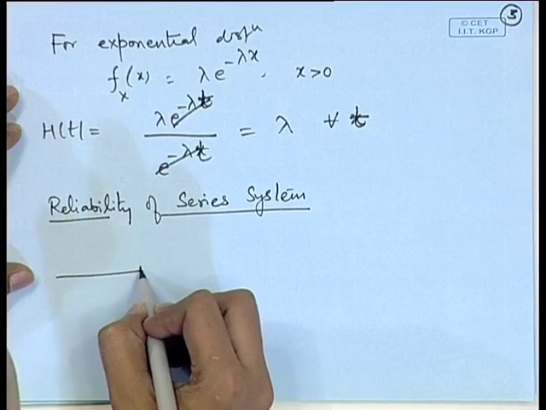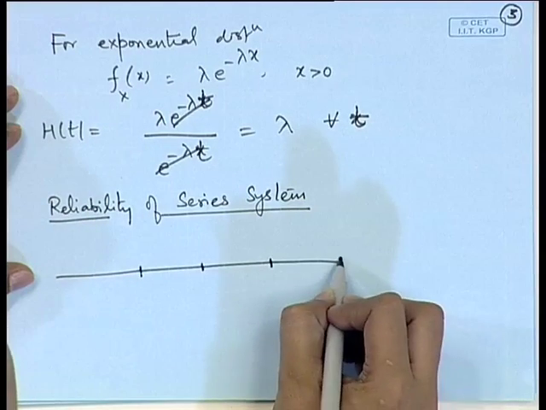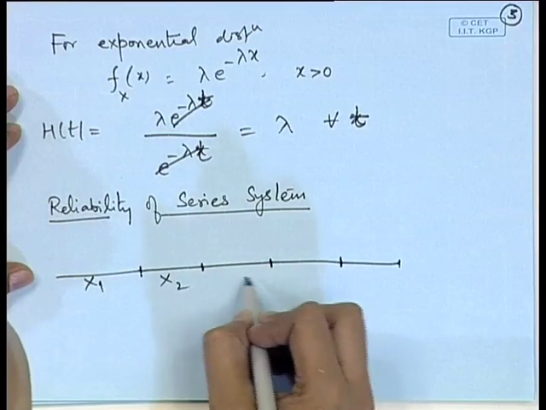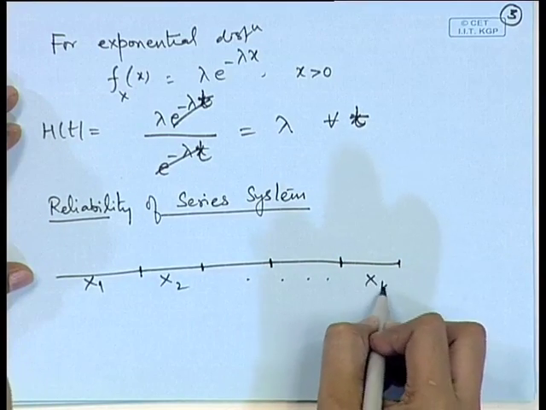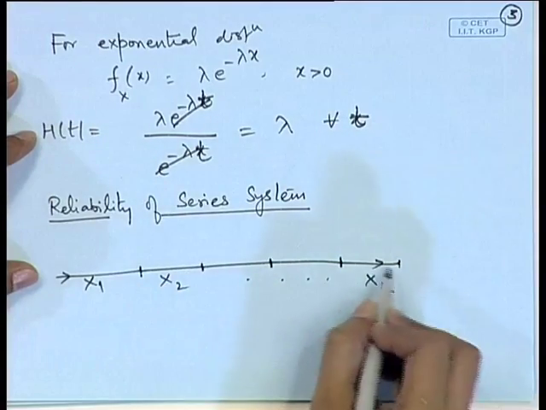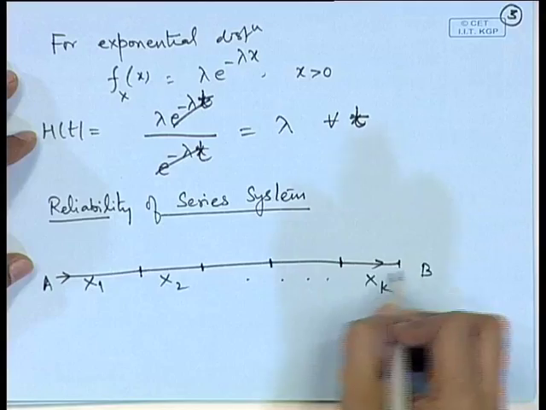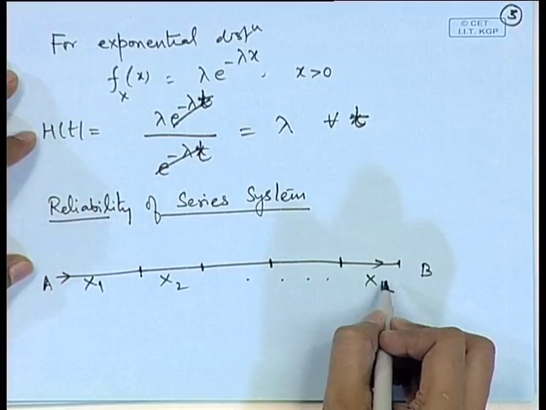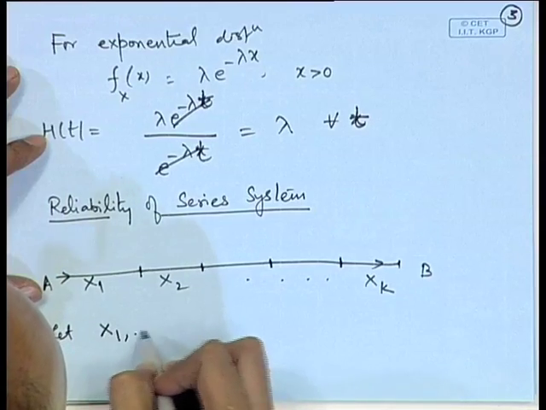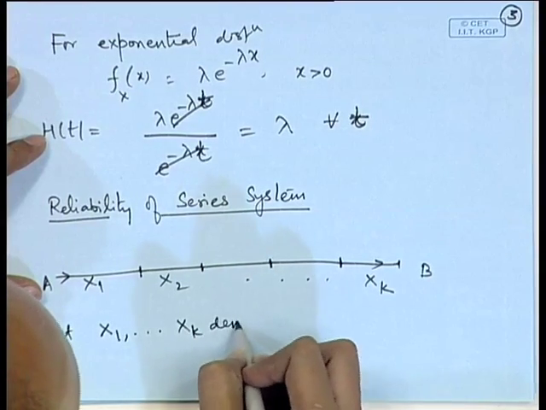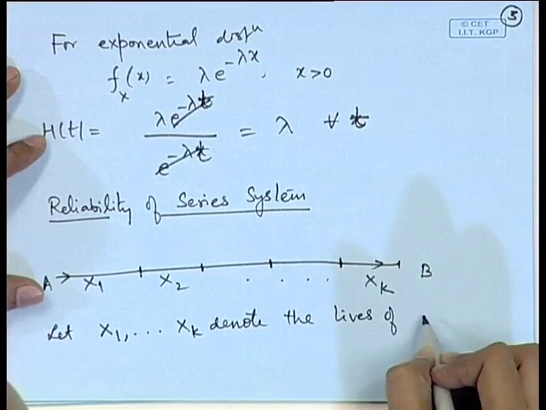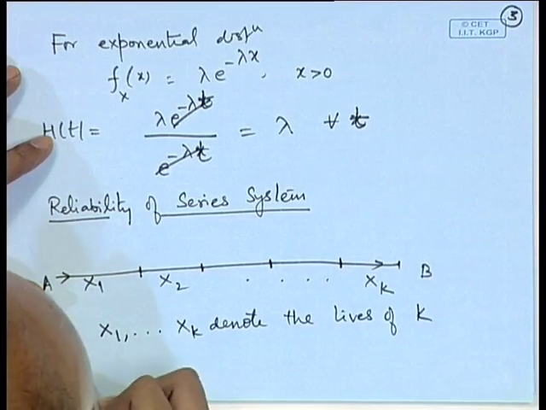So, suppose we have, say, k components with lives x1, x2, ..., xk, and they are connected in series. That means the entire system will work if and only if all the components are working. So, let x1, x2, ..., xk denote the lives of k independent components